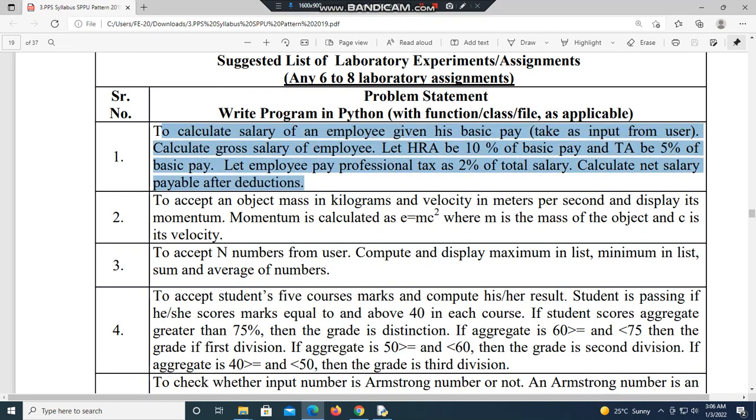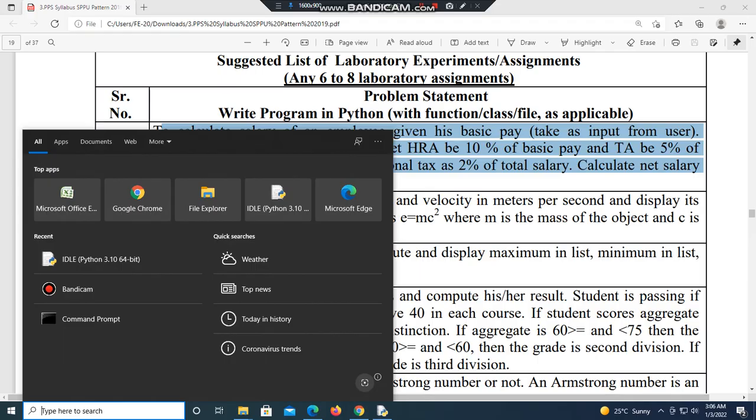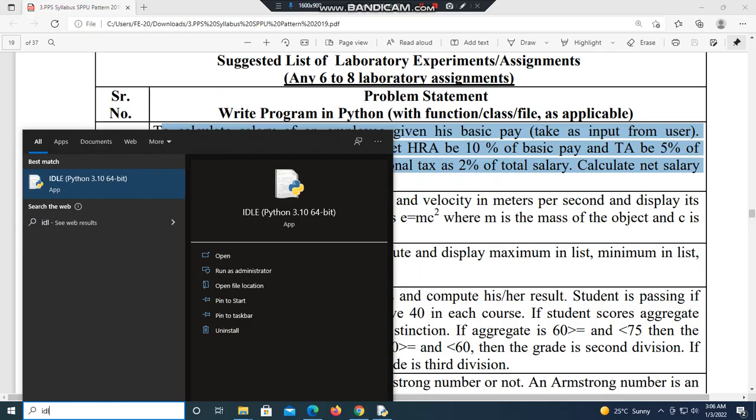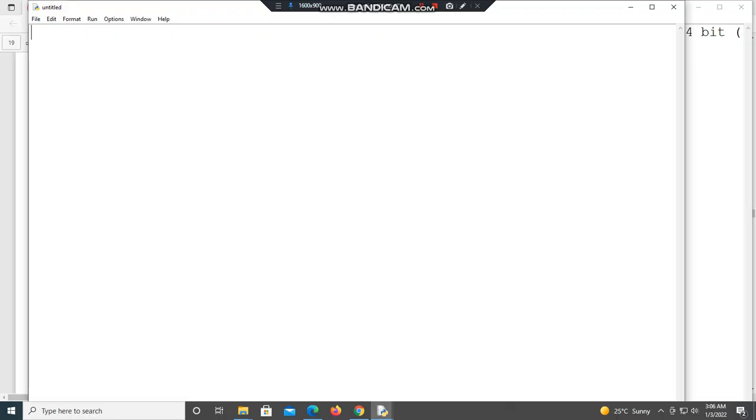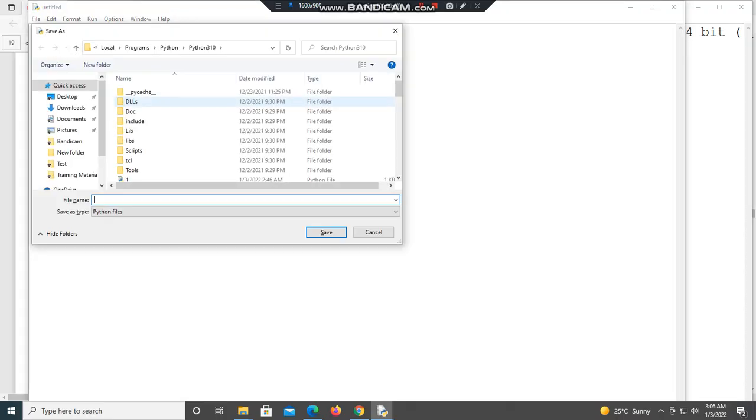Firstly, we'll copy it and use it as a comment in your Python program. To start Python, you will require the IDLE. After that, go to the new file, then save this new file with some name.